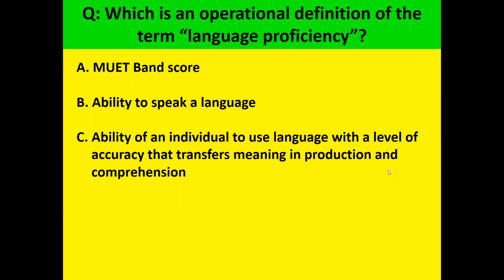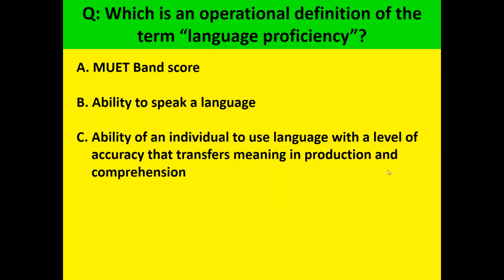MUET Band score, if you get 6, everybody understands what a 6 person can do. If you get Band 4, we all know what a Band 4 person can do. And if you get only 1, we all know how little English you can speak. So there is a definition that goes with it. And when you use MUET Band score as a measure of language proficiency, this is called an operational definition of